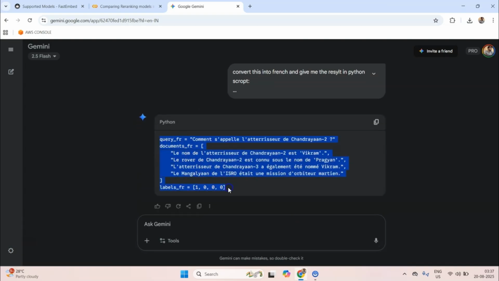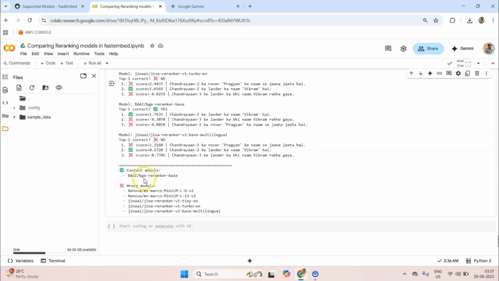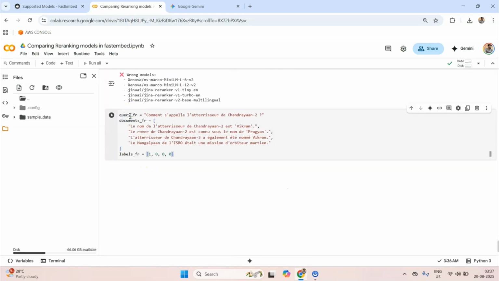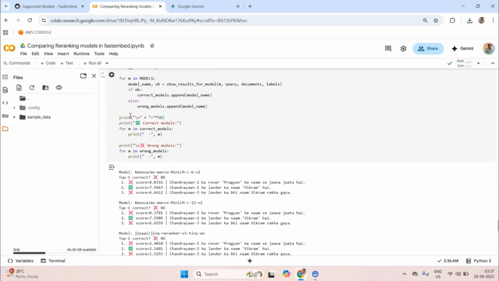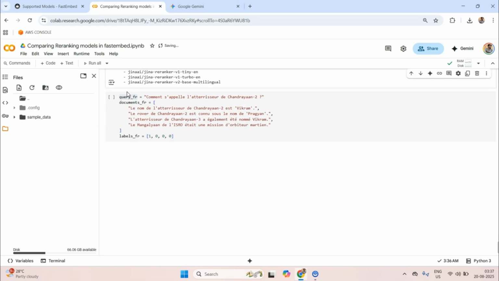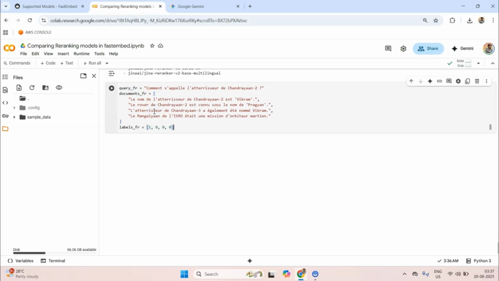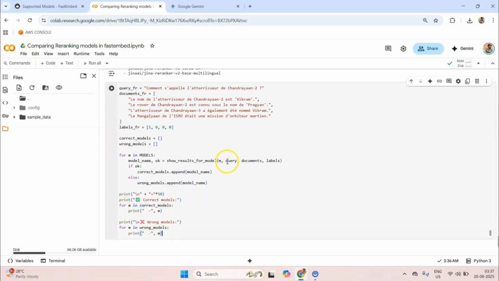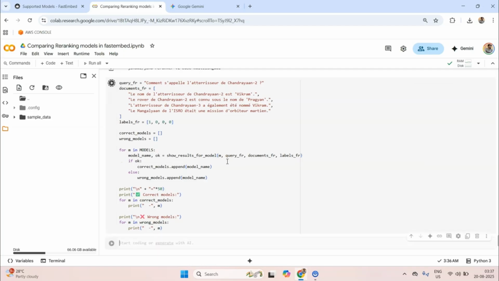Now let me try to run it with this one, and I'll just copy this entire code, and in place of query I'll just replace it with fr and labels fr, and this time let's try to run it.